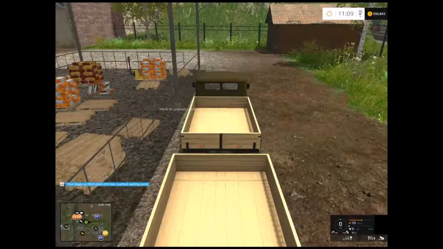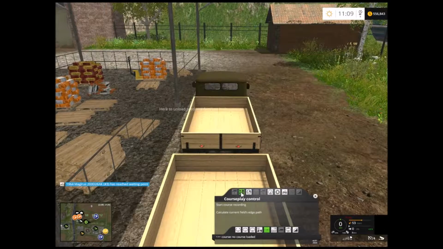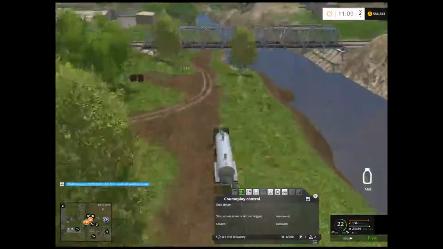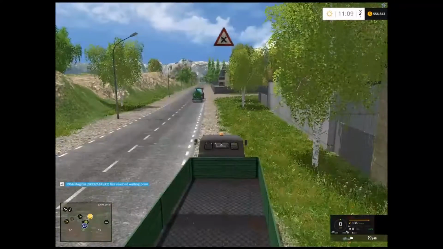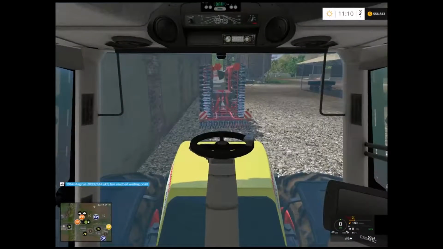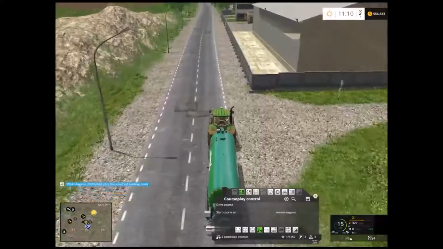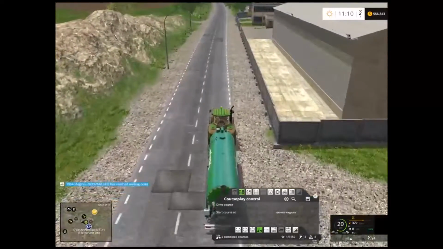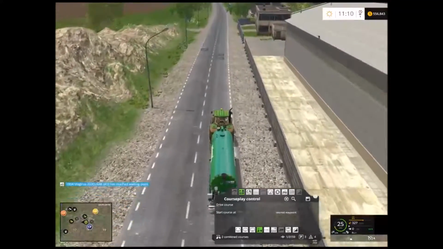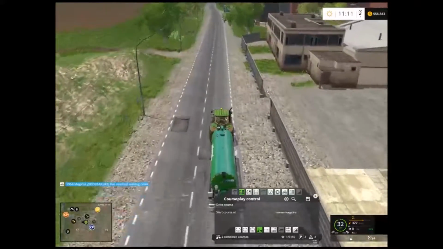Okay, well, while we're here, we can... Oh, we won't worry about him at the moment. Where were we? I forgot where we were. Oh yeah, we were on this guy. See if we can get down here to the BGA and set us up a course to go sell some